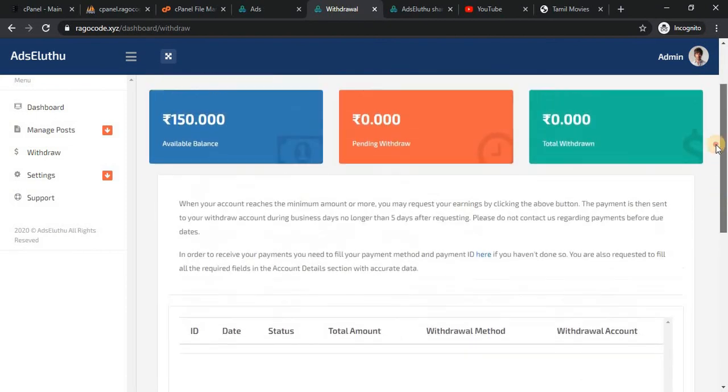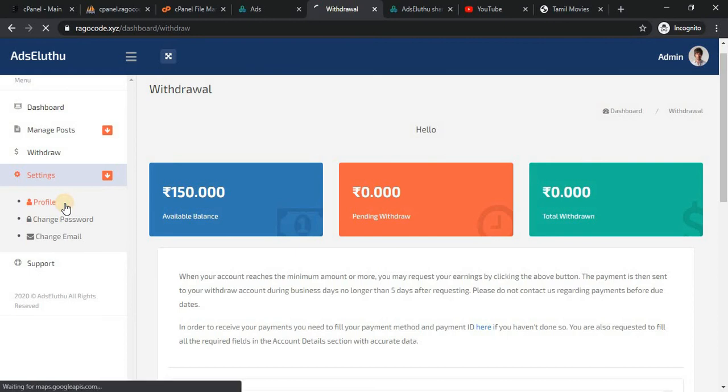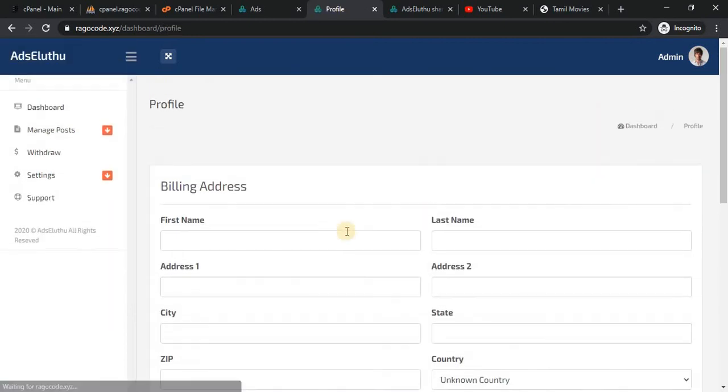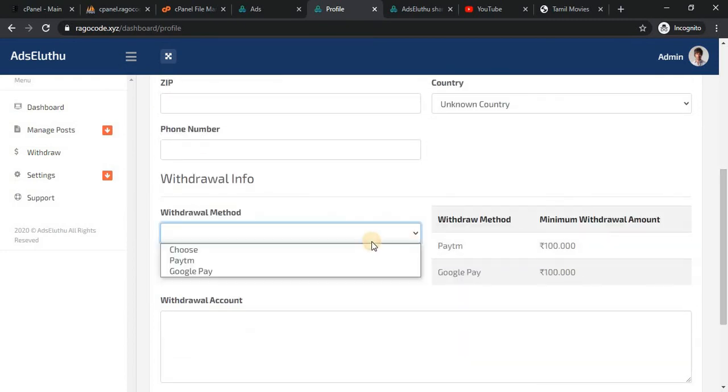First I set my profile, and then I request the withdrawal. The first time, set the profile. This billing address does not appear in the withdrawal option. This is the main thing. I set the Paytm.